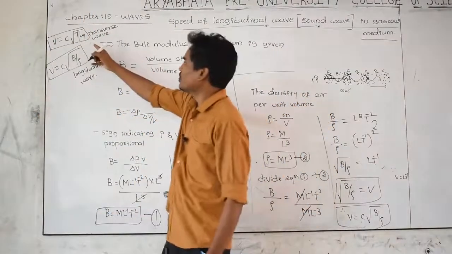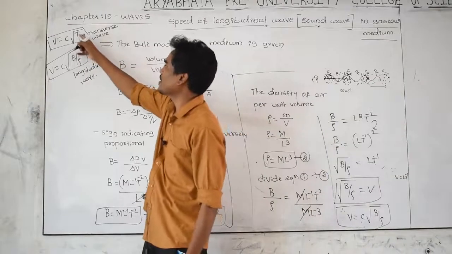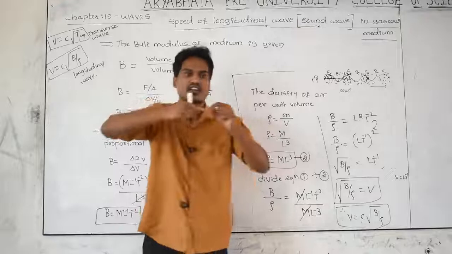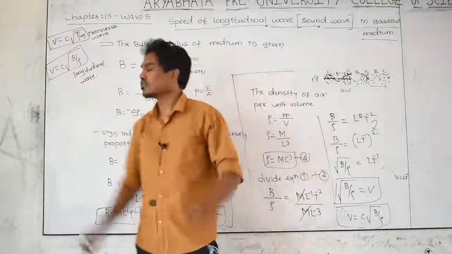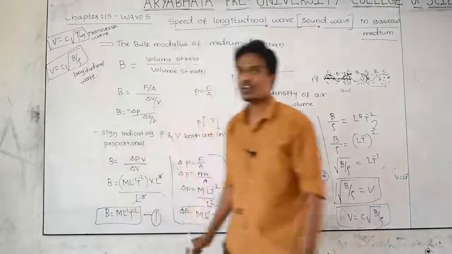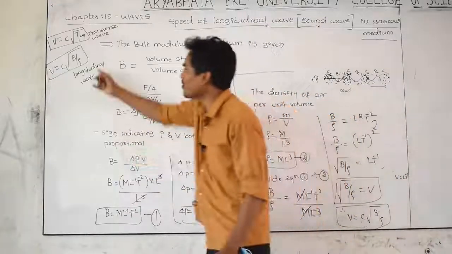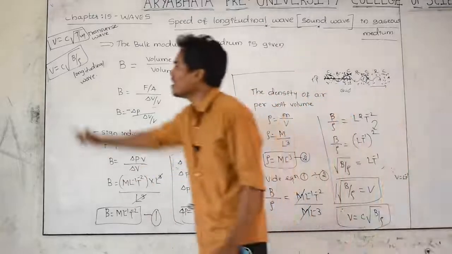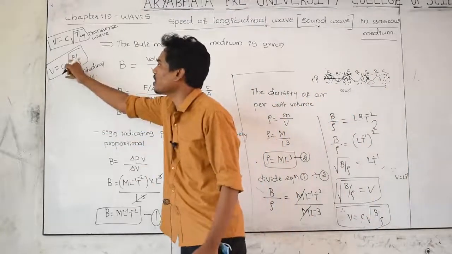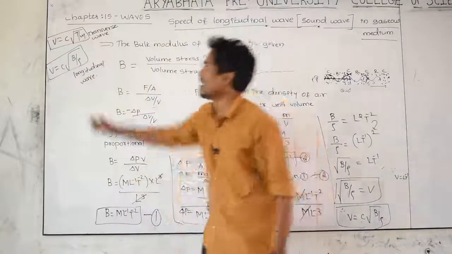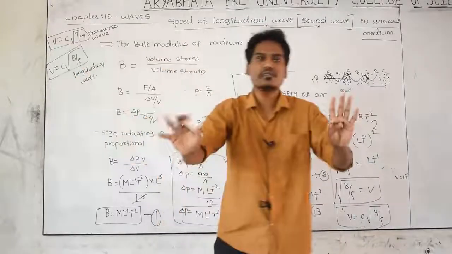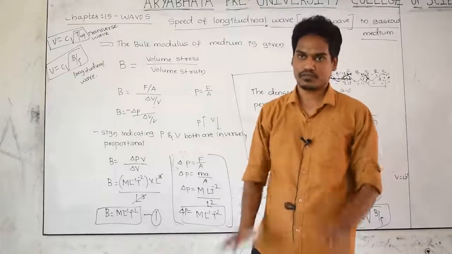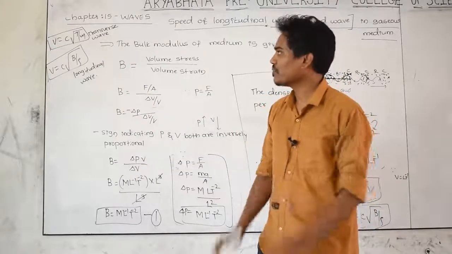The derivation of the speed of transverse wave is tension by mass per unit length. I have taken here the example as waves produced in a rope, and this is the formula in order to find out the speed of longitudinal wave. For longitudinal wave, I have taken the example of a sound wave. Velocity is equal to constant into root of bulk modulus by density. And here C is always the same. Its value is always 1. Please remember.